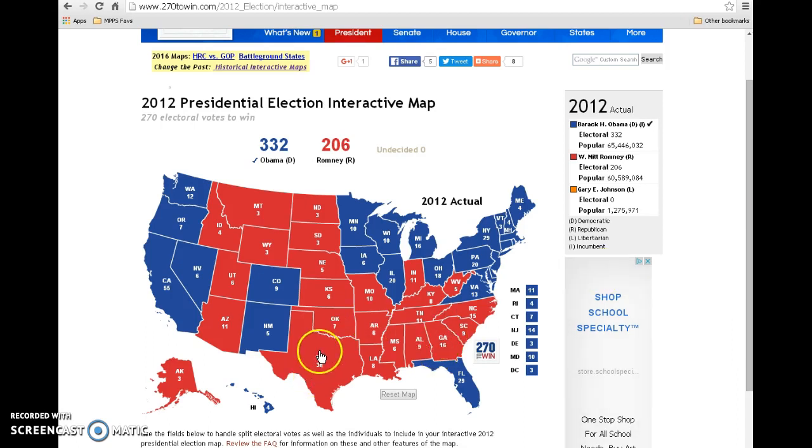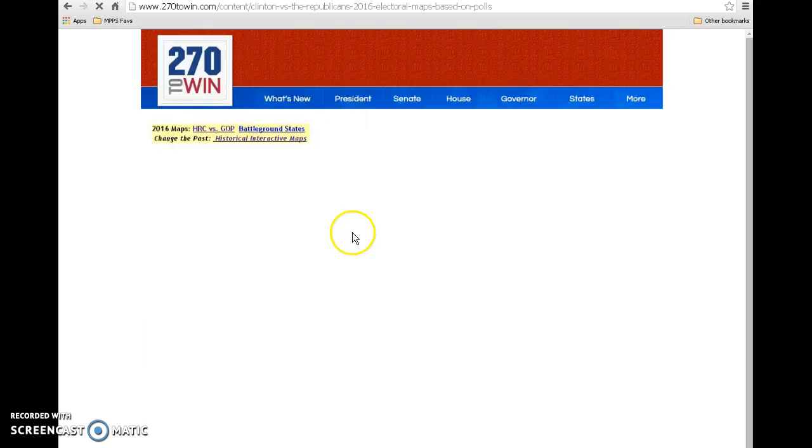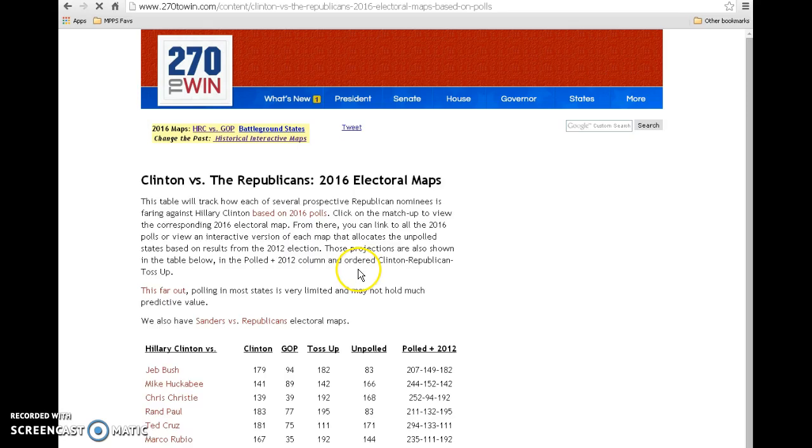So like I said, Texas 38, California 55, but you'll notice Michigan's relatively powerful actually, Illinois, Ohio 18, Pennsylvania, New York, Florida. Some of these states are what we call battleground states. Some of these states, oh, this is pretty cool addition that they have to this website too. Oh, that wasn't the place. Sorry.